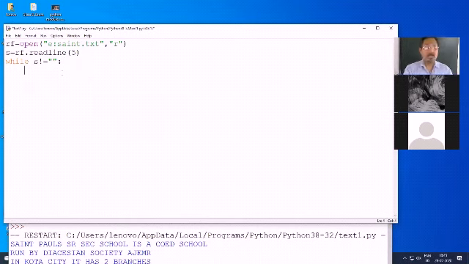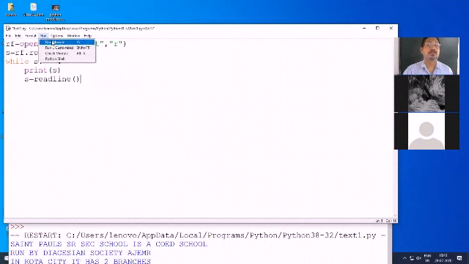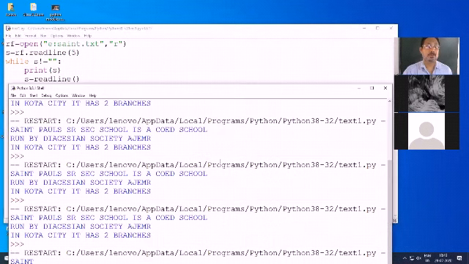I will show here. Print s, and then s is equals to read line, and print in the loop. Run module. Let's see the result. Read is not defined.